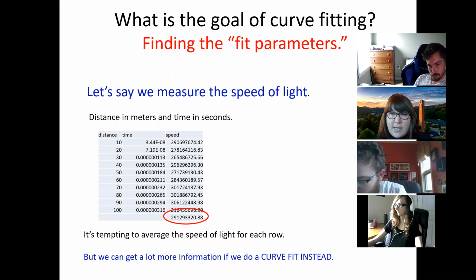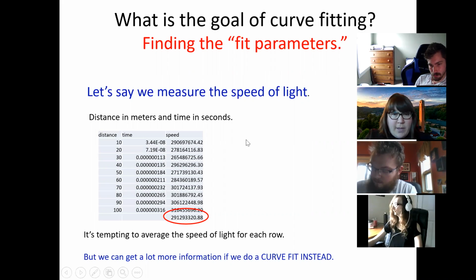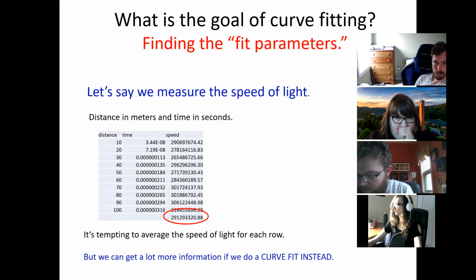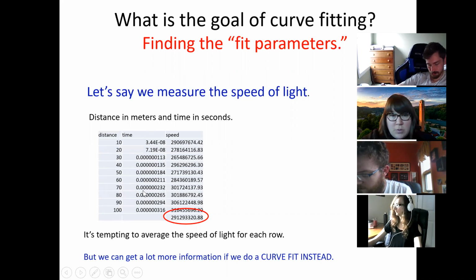So they measure how long it takes that laser pulse to go down the hall and back with a detector and an oscilloscope. I made up some data here. They're doing this as a function of distance. They move the mirror back to different distances and measure the corresponding amount of time it takes for the light to travel there and back. I made up some data for some arbitrary distances. These are in meters and this is in seconds.